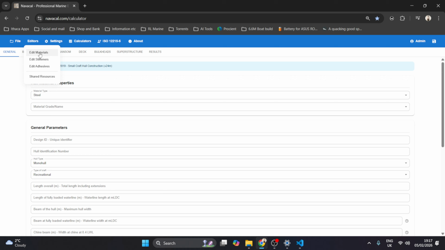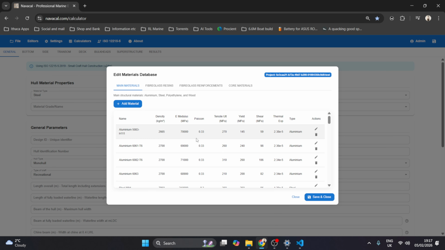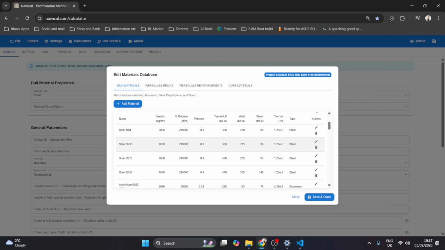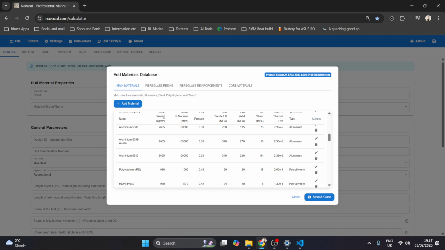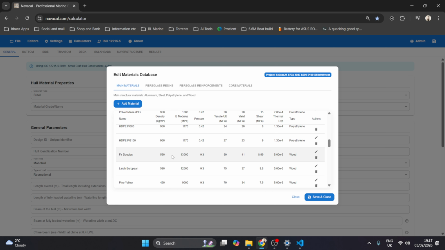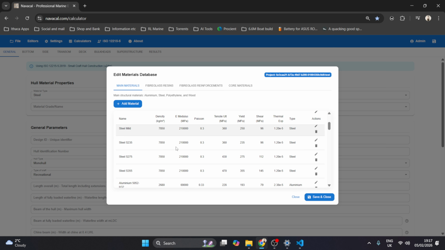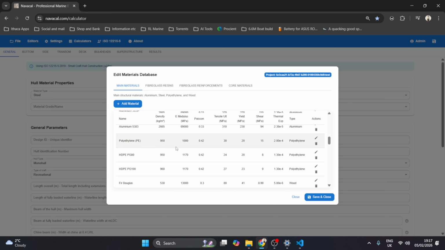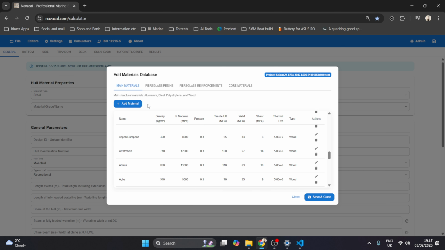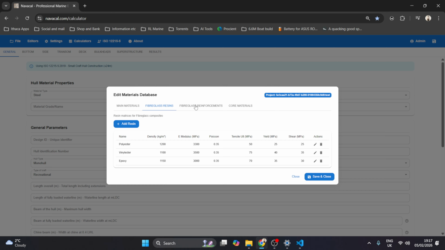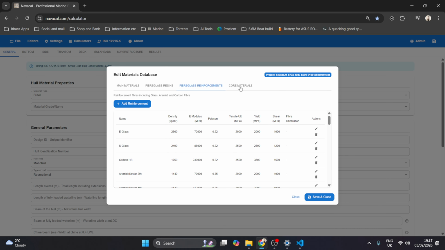In the editors menu, we have edit materials. So all of these are the default materials that Navacal has built in. So these are the main materials, which is commonly used aluminium, steel, polyethylene and wood. We've got fiberglass resins, fiberglass reinforcements, which is, as this calculator uses the ply-by-ply method with laminate theory,